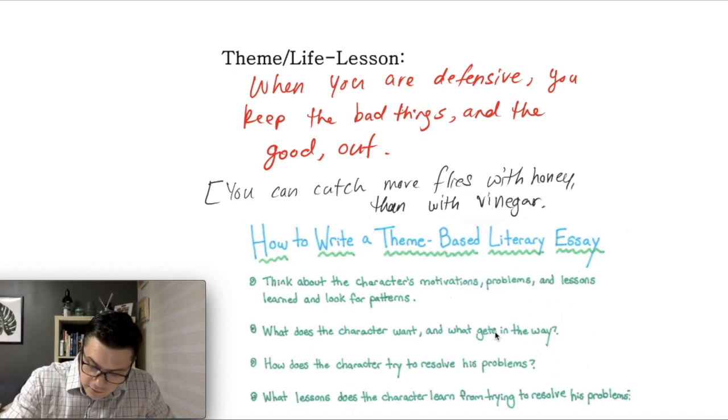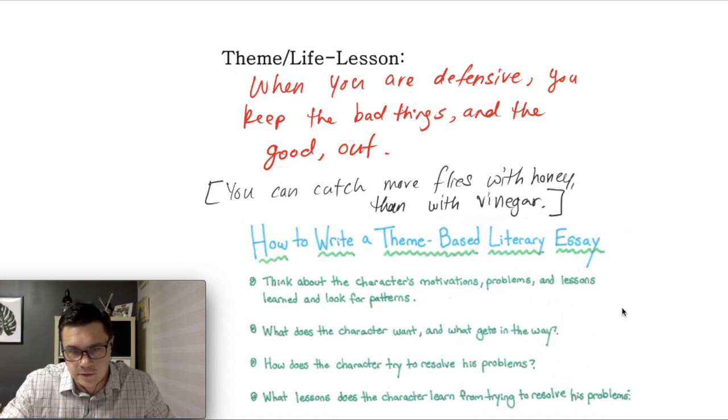Vinegar. Okay, so the idea here is, flies like sweet honey, they don't like the sour vinegar. So if you're going to catch flies, you would use honey, right? You'd be more successful with honey. So what that means in the story is that if you want friends, you'll be more successful if you're nice, if you're pleasant, if you're honest. You'll be more successful than you would if you were mean and vicious, as we saw in some cases with Squeaky.